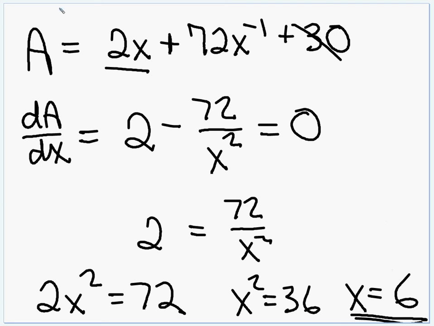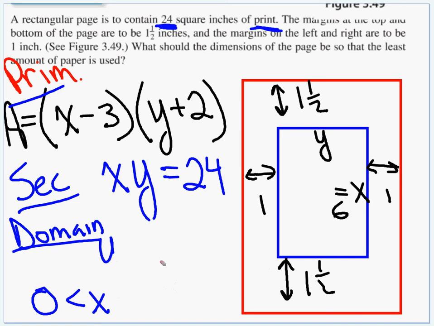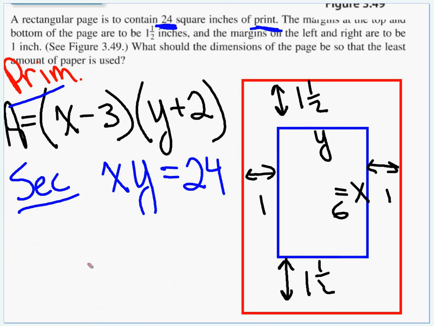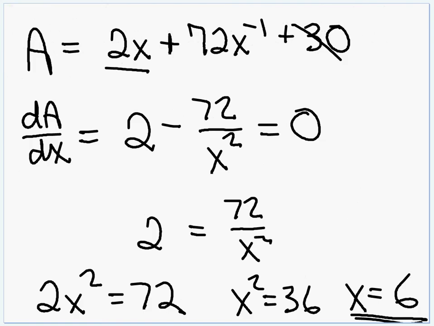Okay, so let me go back to the picture. This x here, this side is 6. So what should y be? How are we going to find y? Well, we go back to our secondary equation. Let me erase this stuff down here. There's our secondary in blue. We found out that x is equal to 6, so that's 6y equals 24. Divide by 6, y is 4. So the printed part of our page